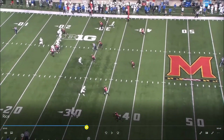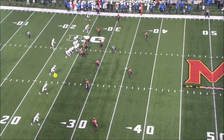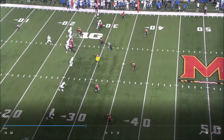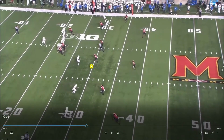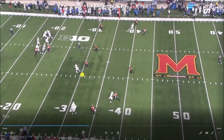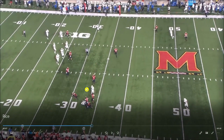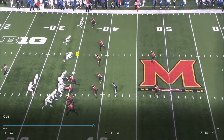Here, pretty simple. I like the idea of, again, this is a simple route, but what's really nice about it being simple is he's going right at the defender, right? I'm running a stick. I'm just going to run out here, right? I don't need to mess with the defender, manipulate the defender at all. No, I'll work out there, get out of the break pretty efficiently, and pick up some yardage early in the